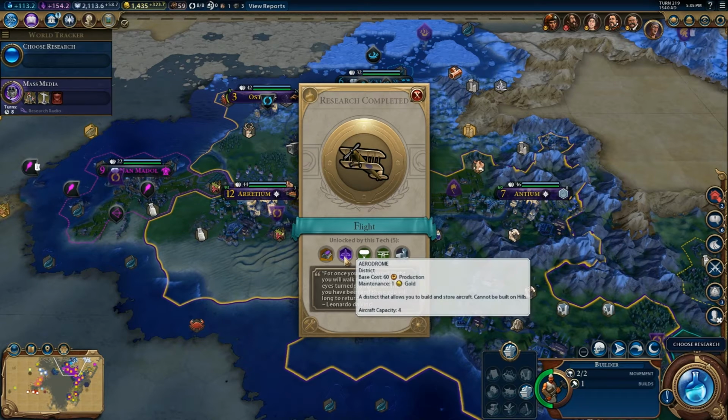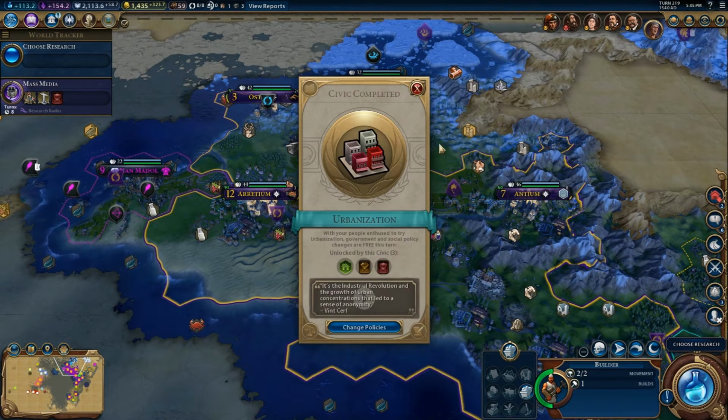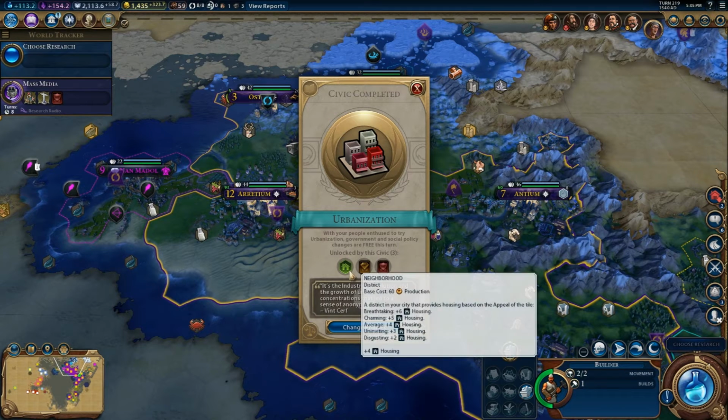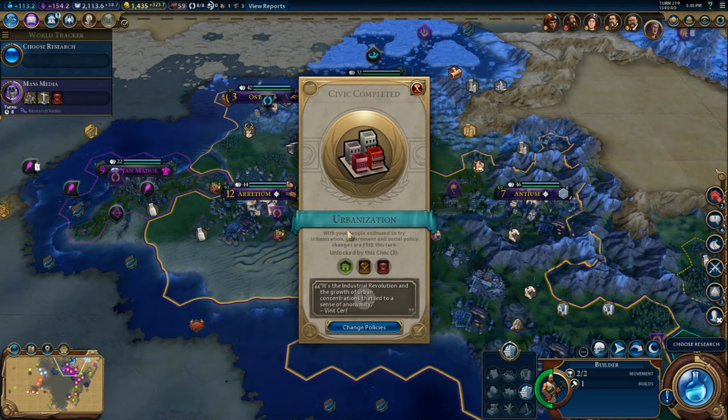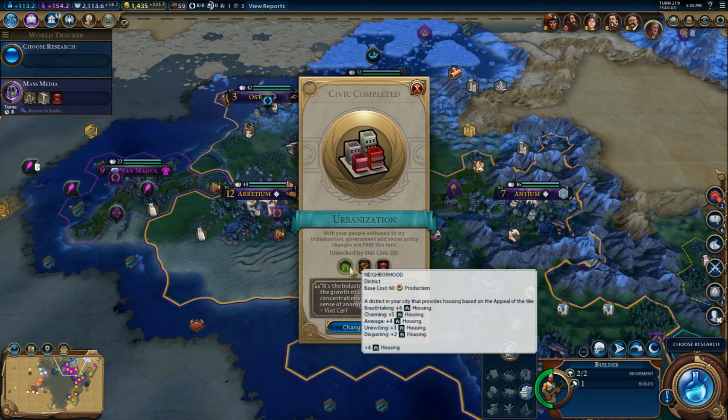That makes sense. Well, this is all pretty good looking. My goodness me, we're going to... Oh, crikey. So the world's going to change for us right now. Public transport: receive 50 gold per appeal of tile when replacing a farm with a neighborhood district. Oh, whoa. Then we can build the neighborhood district. Blimey. So a district in your city provides housing based on the appeal of the tile. +4 housing as standard, and then...